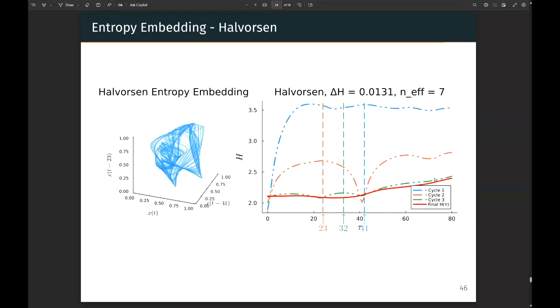This one's a more interesting problem because the Halvorsen system is also a 3D chaotic system, but it's also an example where mutual information, if you try to do a uniform embedding, fails spectacularly, because the mutual information approach doesn't guarantee a minima, and for this case, there is no minima, or rather, a minima doesn't present itself very clearly. Interestingly enough, this entropy approach gets a nice maxima that occurs here, followed by the same idea. If you do the embedding, you get quite a nice unfolding of this attractor.